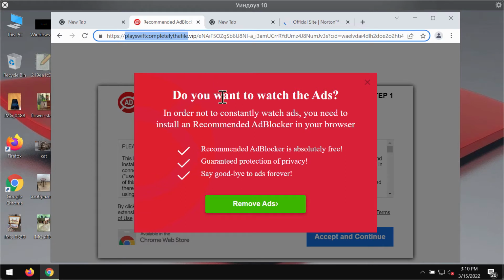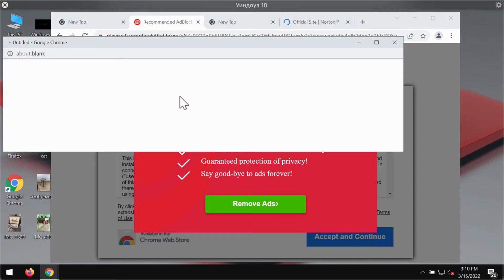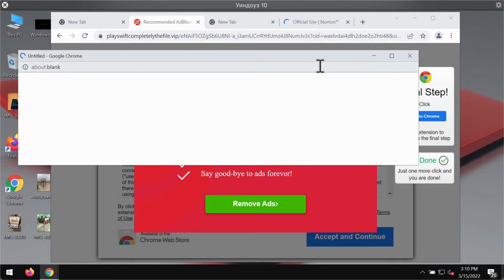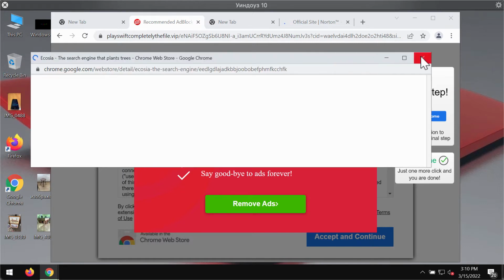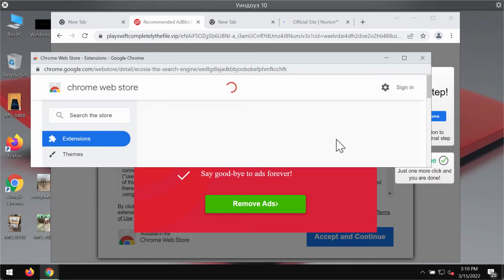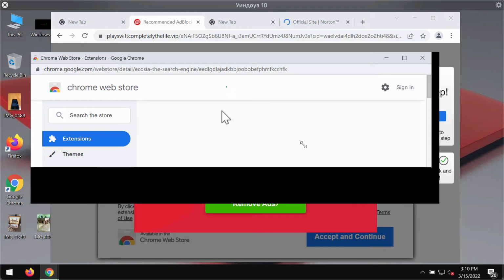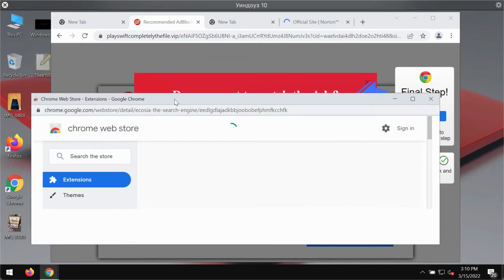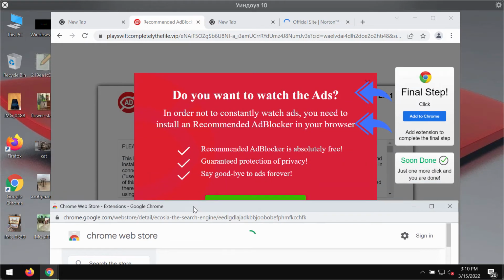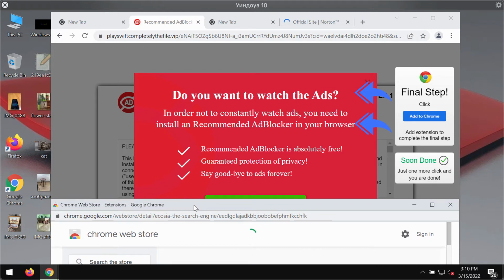These extensions may be presented as some recommended ad blockers, but in reality, such extensions may function as the typical adware or browser hijacking extensions. They may change certain crucial browser settings of your Google Chrome, for instance, the default homepage, default search engine, and other settings too. So it is strongly advised that you do not interact with these fake Chrome update alerts by the site